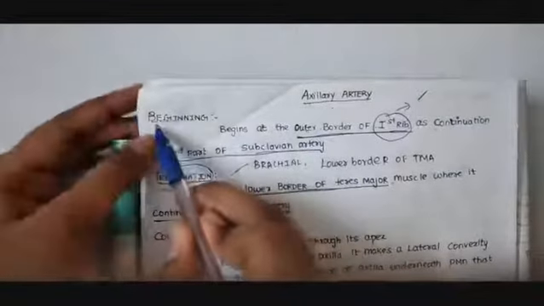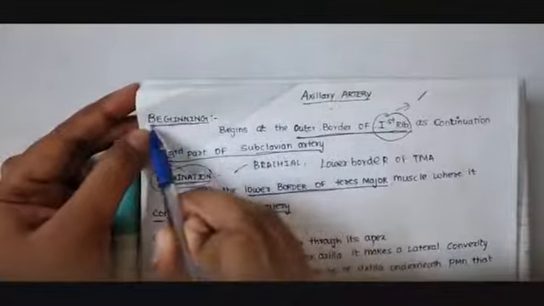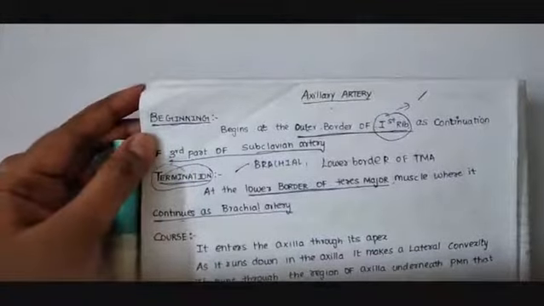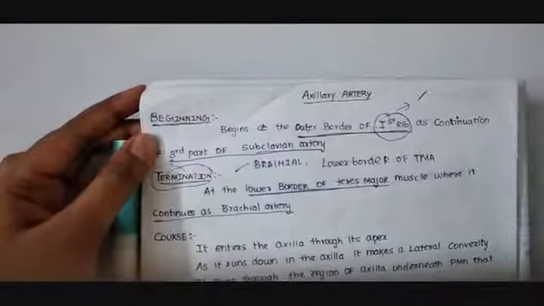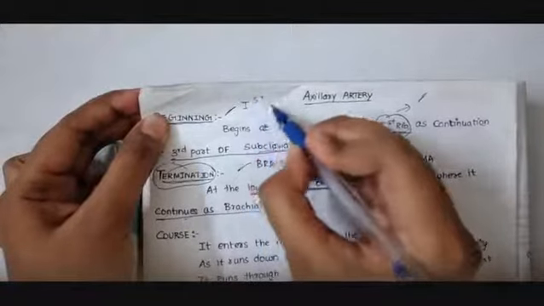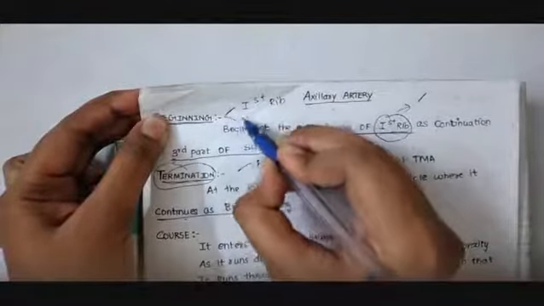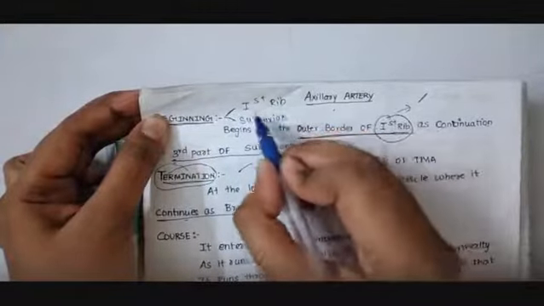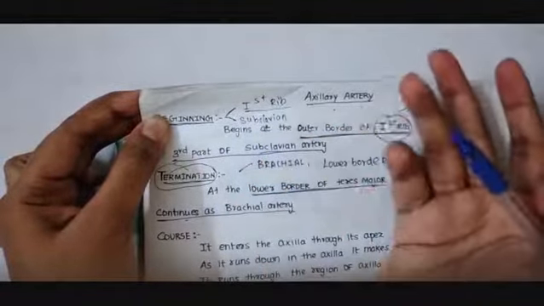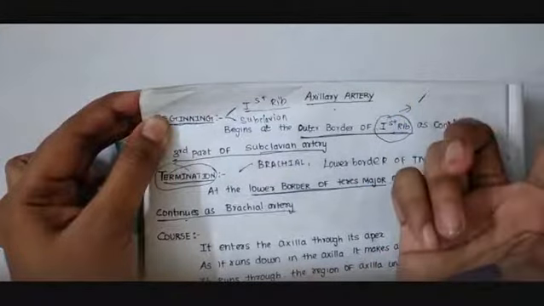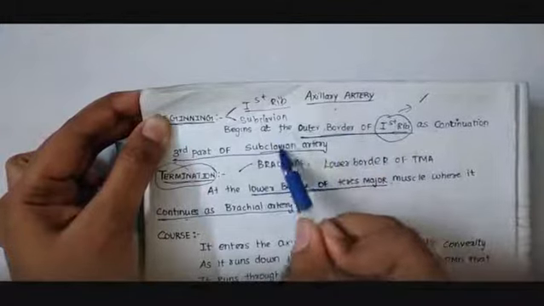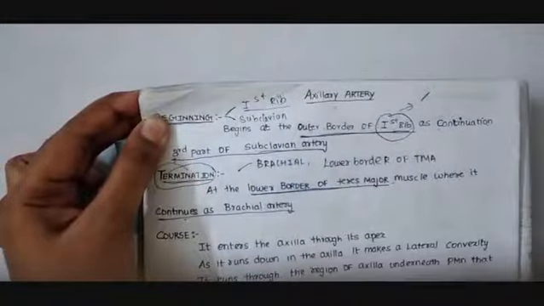First, when you study the beginning of the axillary artery, you should remember 2 keywords, which are enough to write the beginning. The first is first rib, and the second is subclavian artery, as I already mentioned with the mnemonic. Every rib in your body has 2 borders, an outer border and an inner border. At the outer border of the first rib, the subclavian artery will continue as the axillary artery.